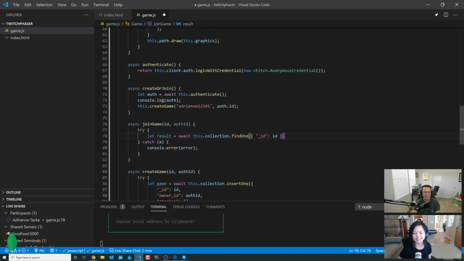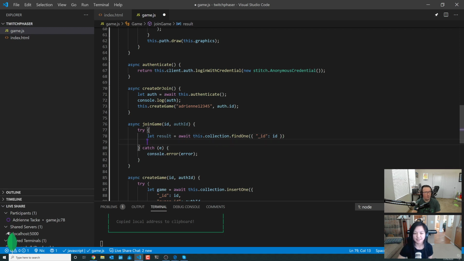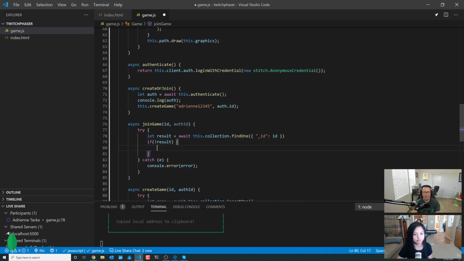All right. So we do a find one, and if there's a document, great. If there's not a document, then result is going to be null, which means that we have nothing to join. So let's do that check. So we can say if not result or result equals null. In that case, what we can do is